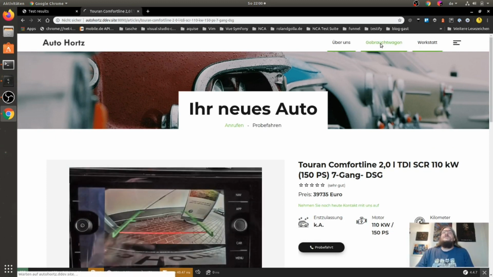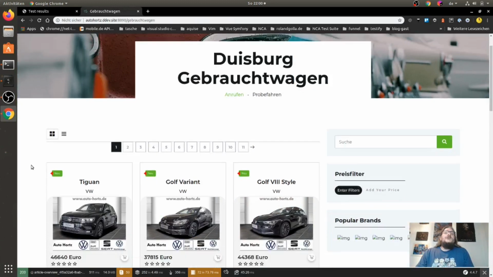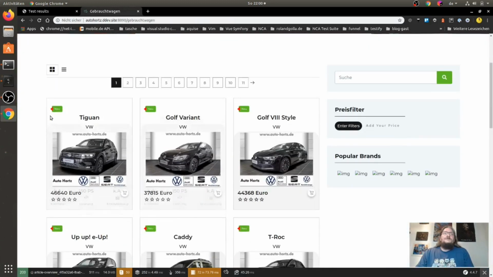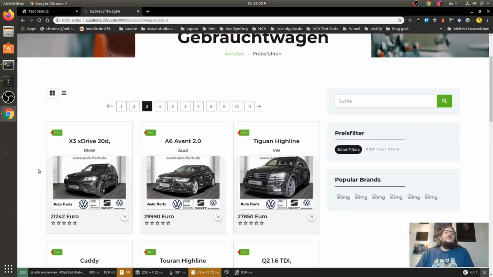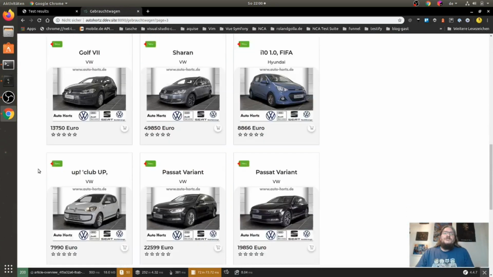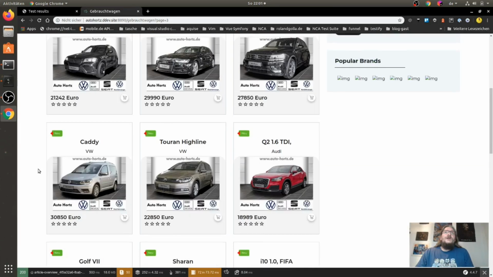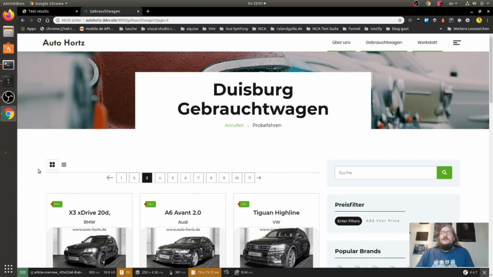We have our cars here. I haven't implemented the search and filters so far, but we can check the cars and the pagination. These are important features for me. And yeah, let's start with this.